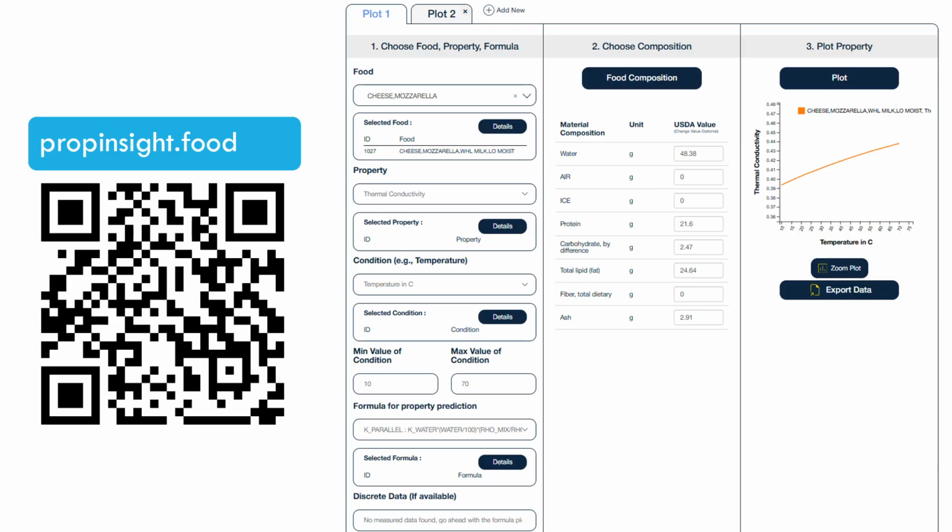Again, this is a knowledge base that we just created. It is something built for industry in mind. I'm hoping industry would be really picking up on this, and it was a long project. So all the information is here on this website, or you can simply use the QR code. So what it does, you just think of a food and come to this site, and it gives you an estimate of the property.